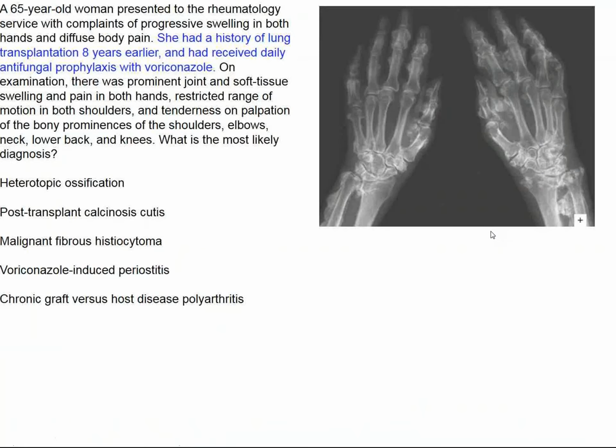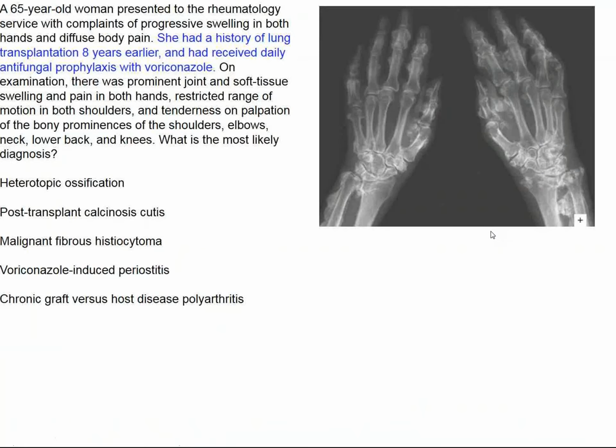And this remarkable image out of the New England Journal concerns a 65-year-old woman who presents with progressive swelling of both hands and diffuse bodily pain. She had a history of lung transplant 8 years ago, and since that time she's received voriconazole antifungal prophylaxis. And what we see here is that